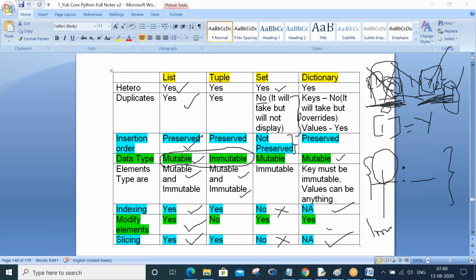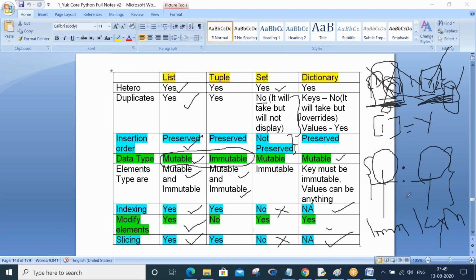Please understand, these are very, very important points. Values can be anything. Means right side whatever you write can be both immutable as well as mutable.